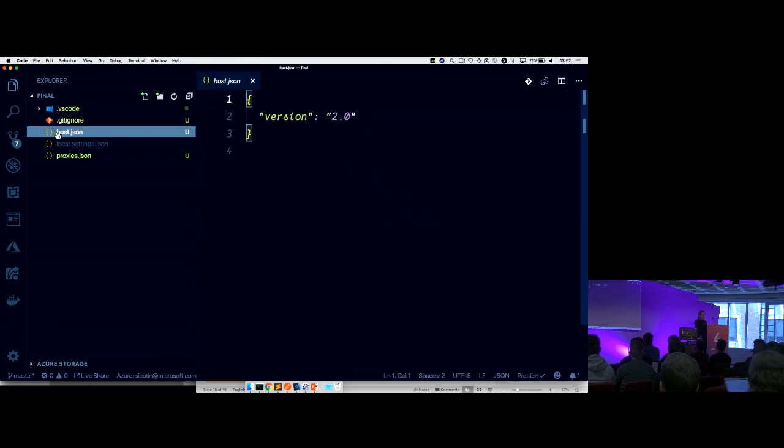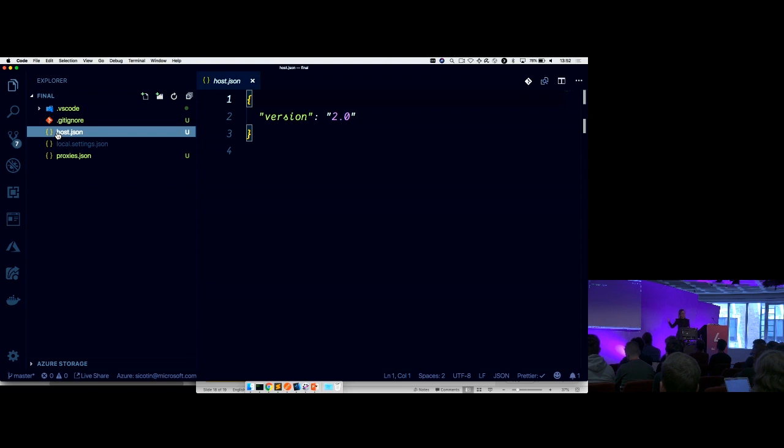The next thing that has been generated is the host.json file. This is where you configure settings that are global to your project. Things like what version of the Azure Functions runtime am I using? I'm using the second version because that's the one that is supported on all operating systems.